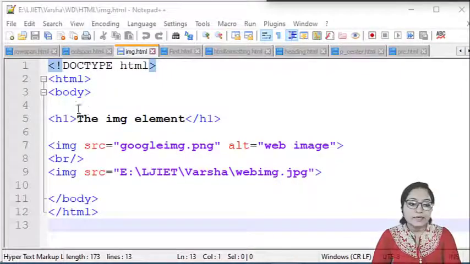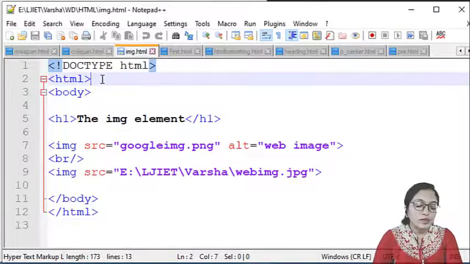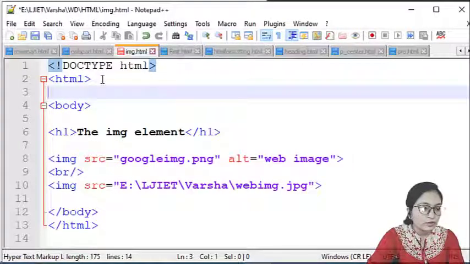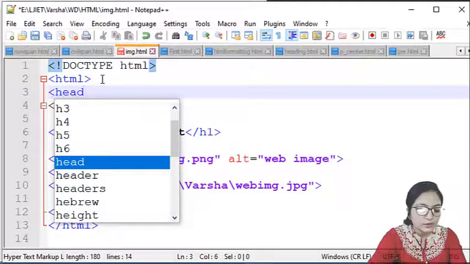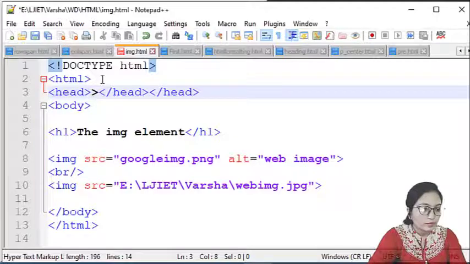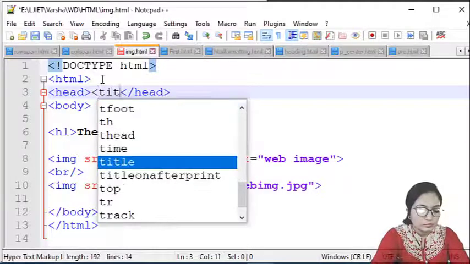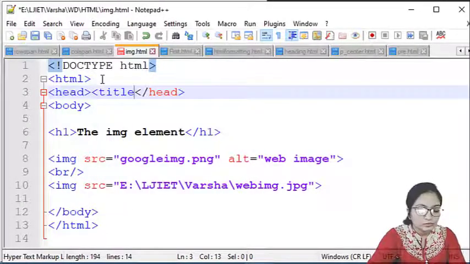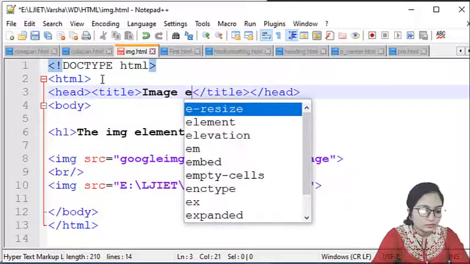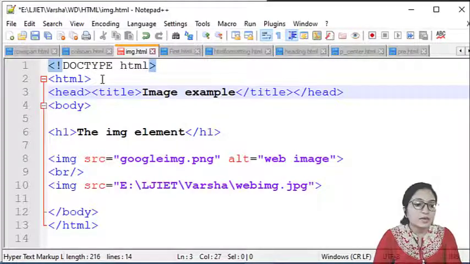Here you can see the image practical. If you want to give a title, you can give it in the head portion. If you have not defined it, that is also fine.